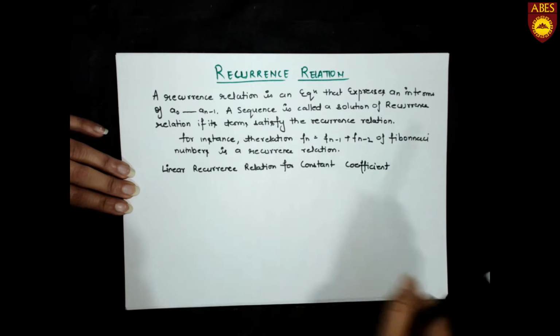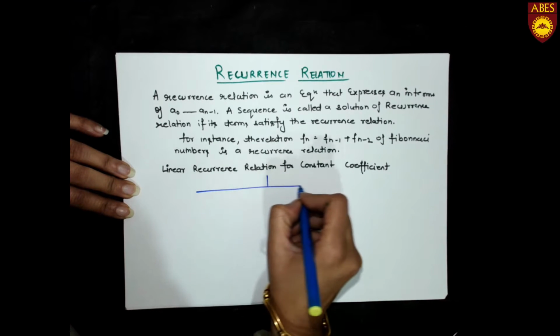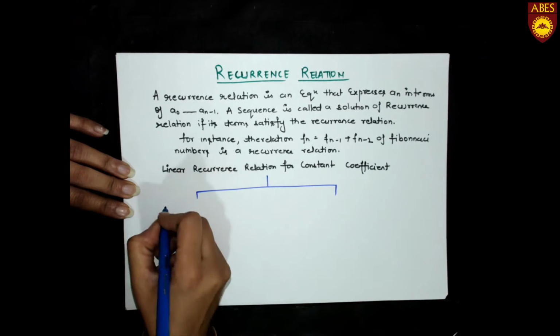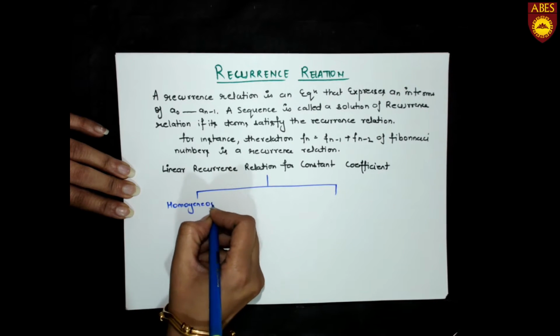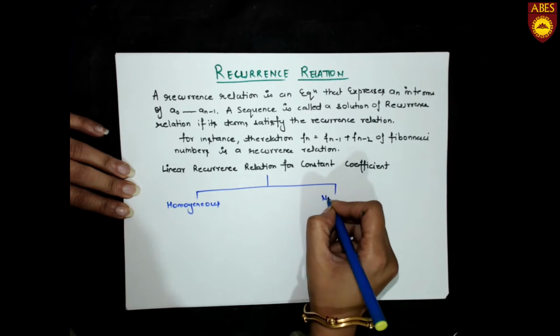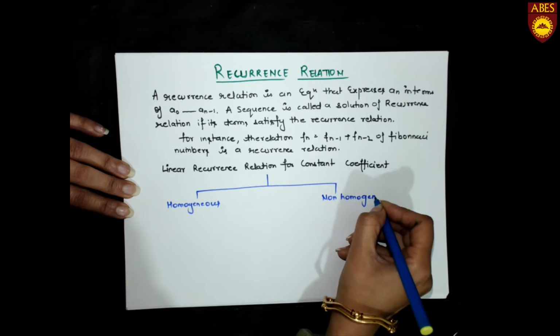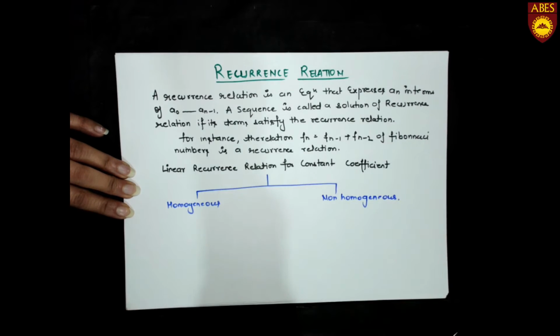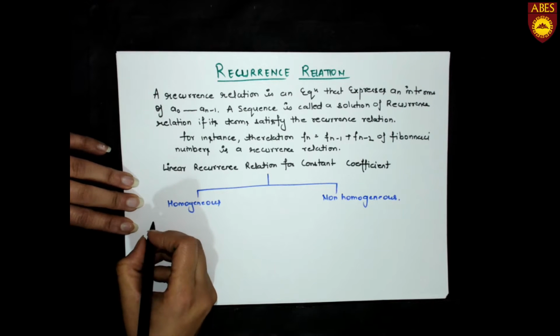In linear recurrence relation, there is homogeneous and non-homogeneous. In linear homogeneous recurrence relation,